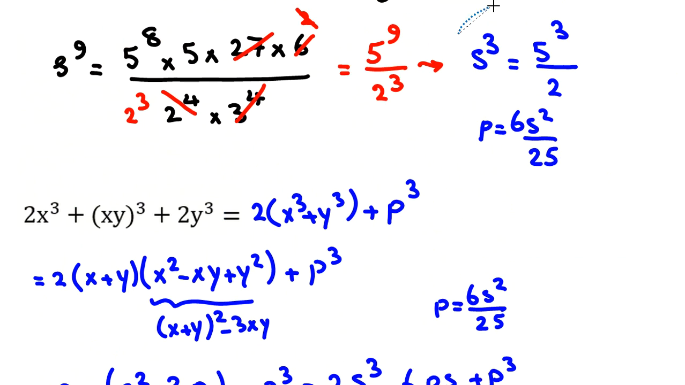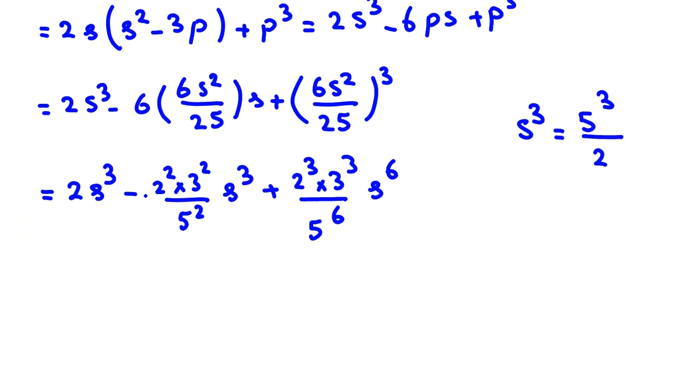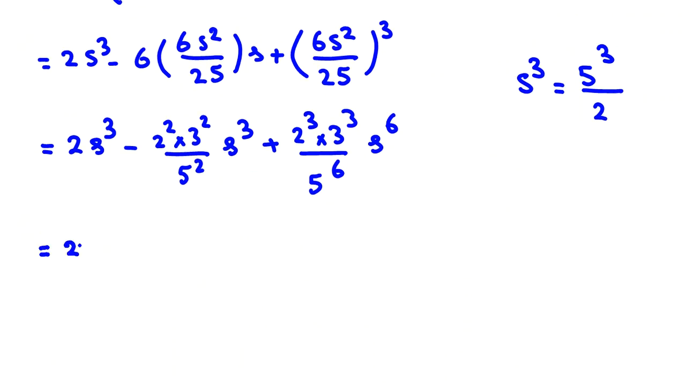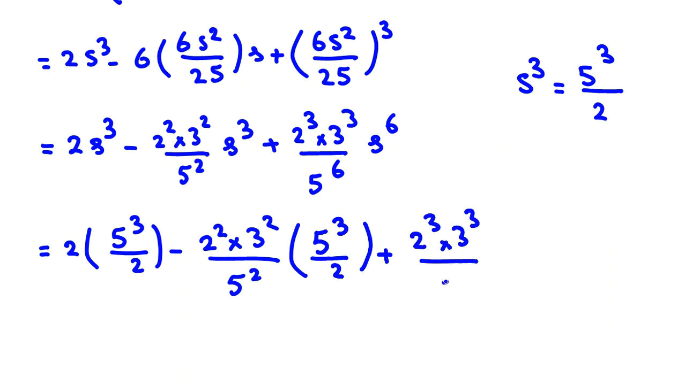S cubed. Now it's time to replace s cubed. So here, if we want to use s cubed, let's see what we have. 2 times s cubed is 5 cubed over 2 minus 2 squared times 3 squared over 5 squared, again times s cubed, which will be 5 cubed over 2 plus 2 cubed times 3 cubed over 5 to the power